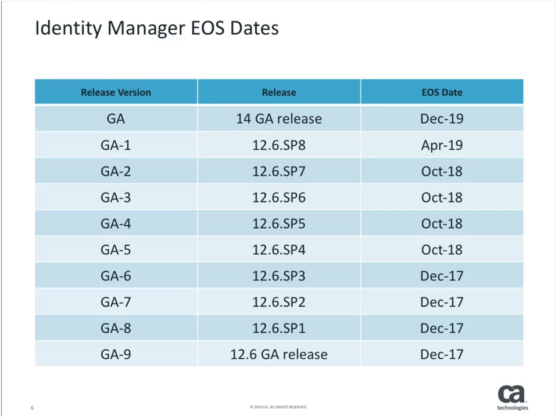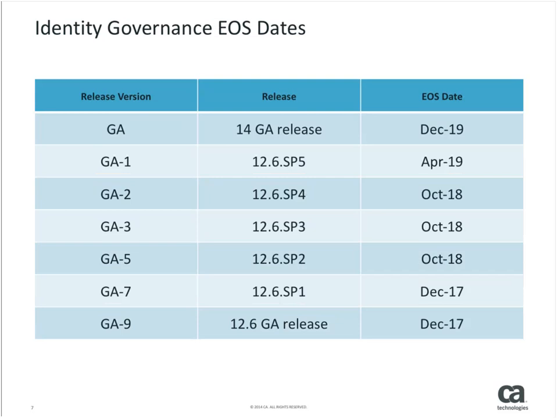Anyone who's using Service Pack 4 until Service Pack 7, October of next year, 12.6.8 of April of 2019, and version 14 in December of 2019. Identity governance, we also put the same date, so to speak. We try to put the same version as we detect them in the suite, so 12.6 GA and Service Pack 1, December of this year,